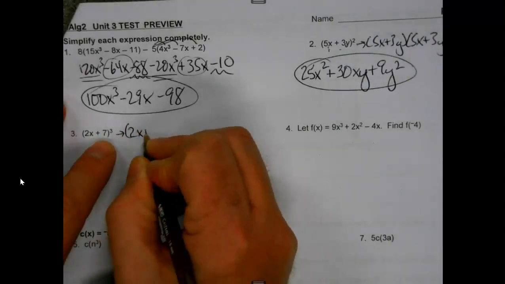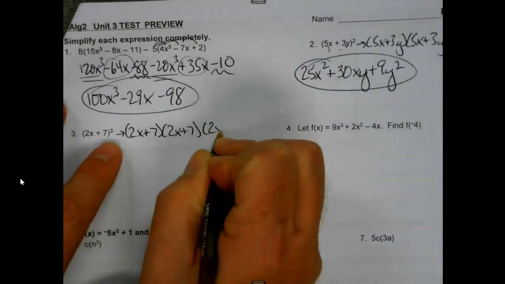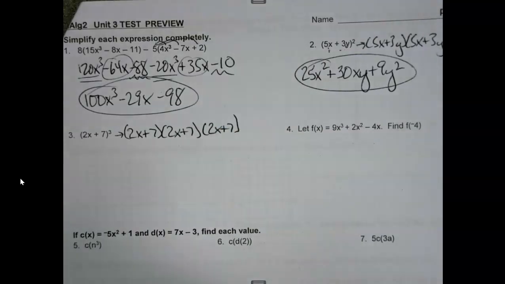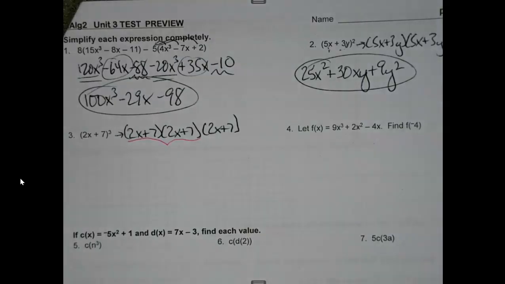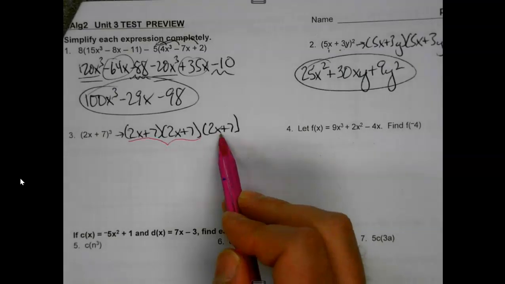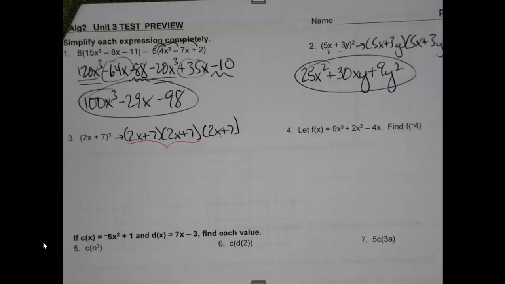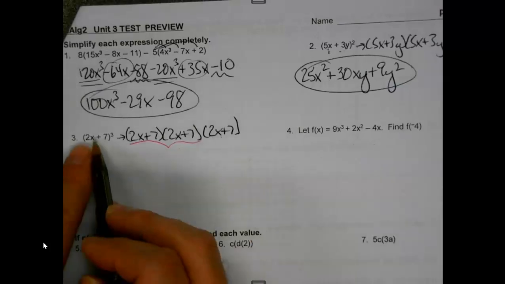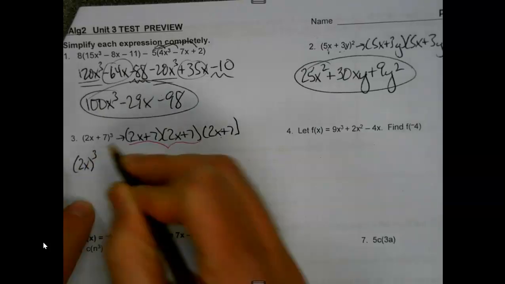Now the cube, that gets a little more interesting. If you're going to spread it out, I'm not saying it's a terrible idea. I'm just reminding you, if you go that route, do a pair at a time, FOIL that out, and then take that answer and do it again with this one. Okay? Otherwise, if you're going with the pattern way, which is the faster way, here's what we're going to do. I'll actually write it out this way first. We're going to cube our first term,